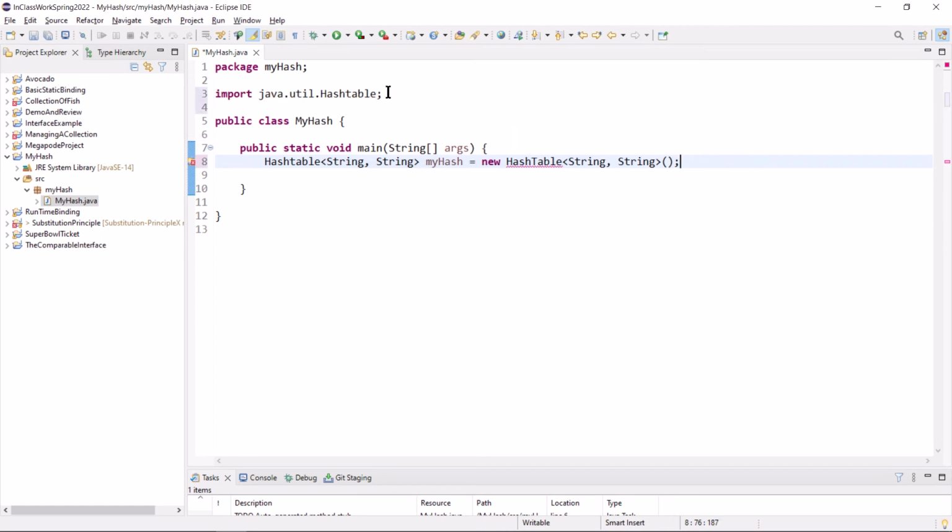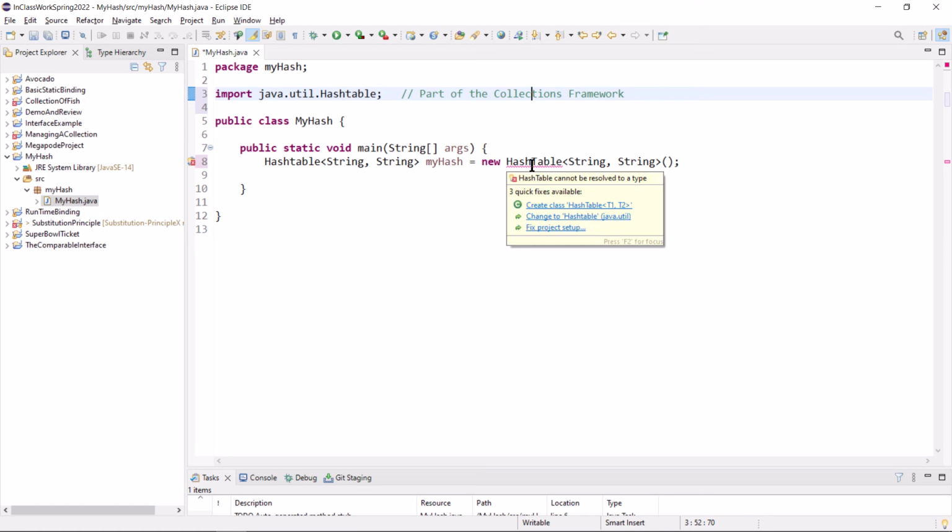And it also dragged in the import at the same time. It did two things for me. It fixed the spelling of my data type, and it dragged in the import statement. So this is part of the collections framework. And I don't know if that is plural or not. I don't know if it's collection framework or collections, but I'm going to go with the S there.